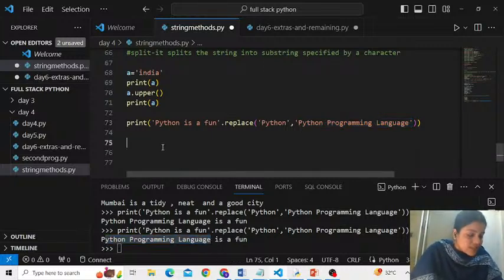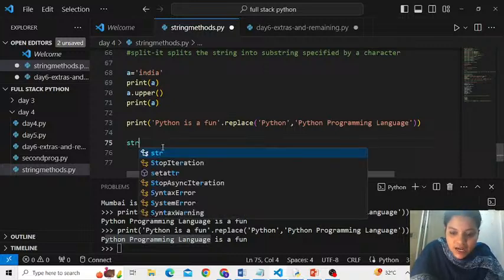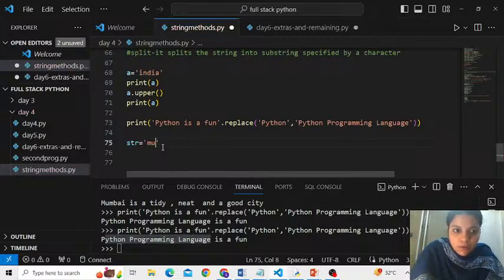Yes, of course. Immutable means, Navin, you cannot change it. For example, look. This is what Navin is asking. Say str is equal to Mumbai.